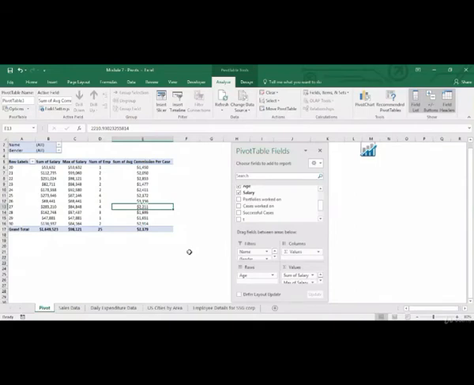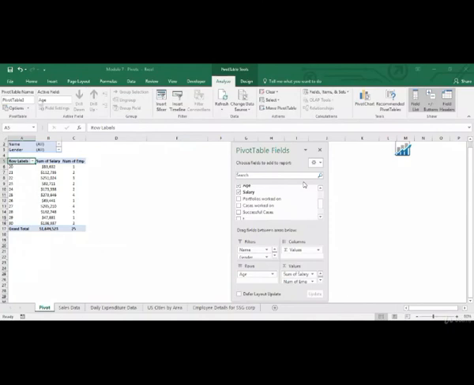Now with this done, what I would suggest you to do is use the sample data and try and identify trends in that data using a pivot table. Use the different options in a pivot table and get used to them. In the next session, we'll discuss graphs and then we'll discuss some basic pivot table options.